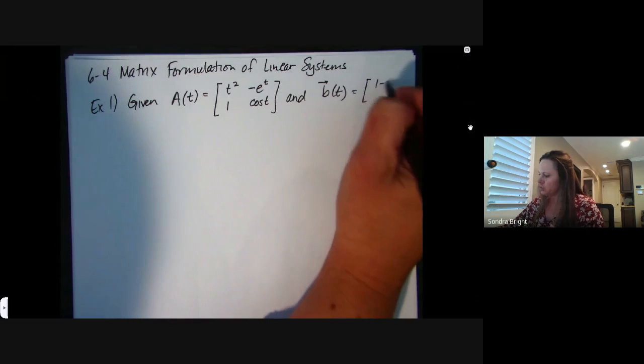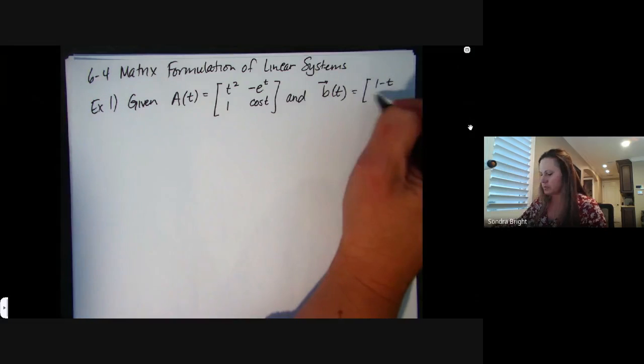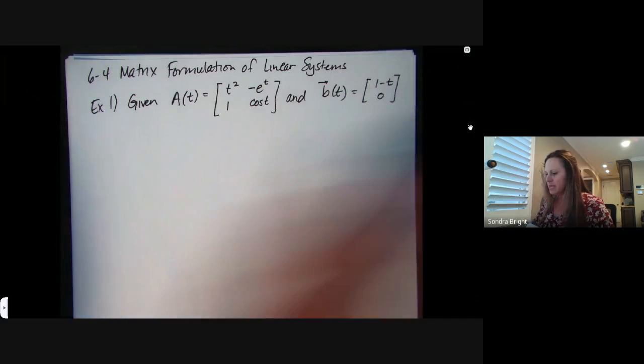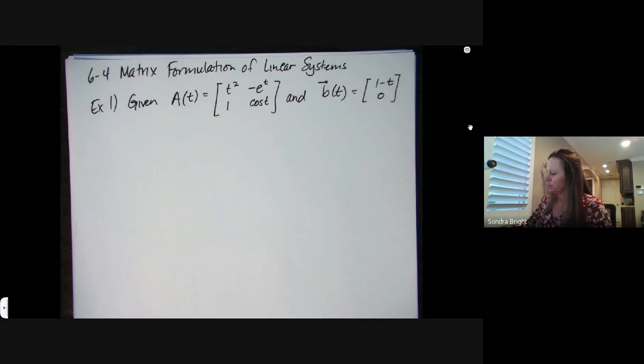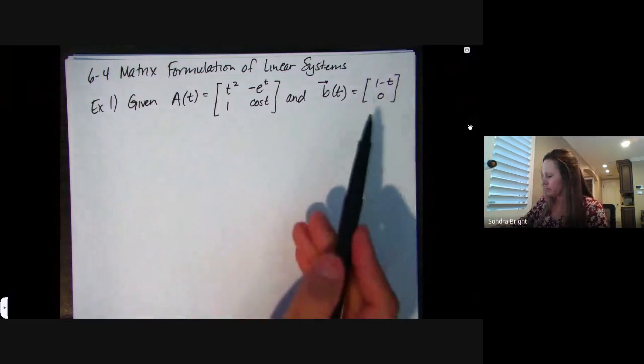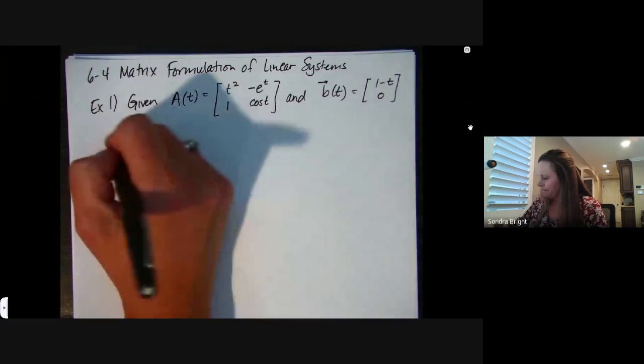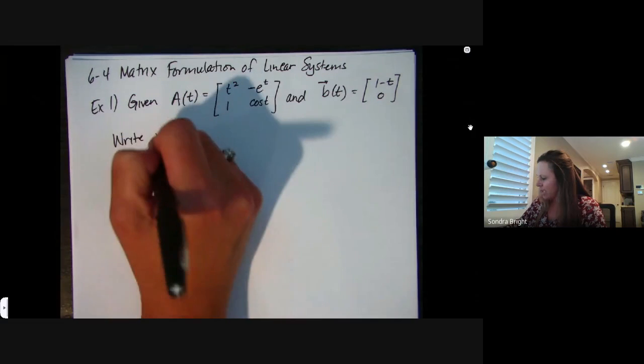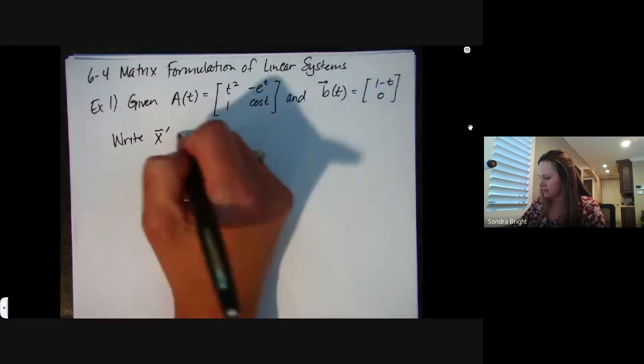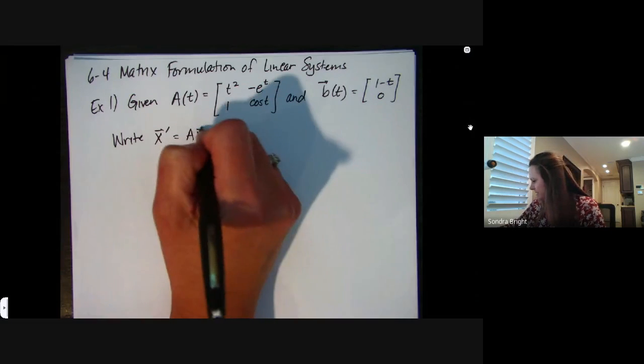It's a 2 row 1 column matrix, where it's 1 minus t on the first row. Hopefully that makes sense. All right, and they're asking us to write x prime equals A times x plus b as a system